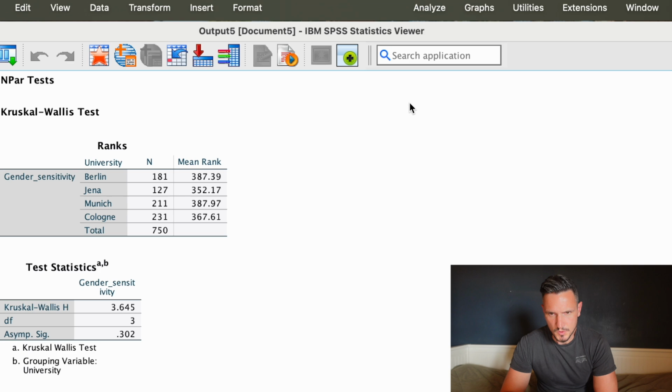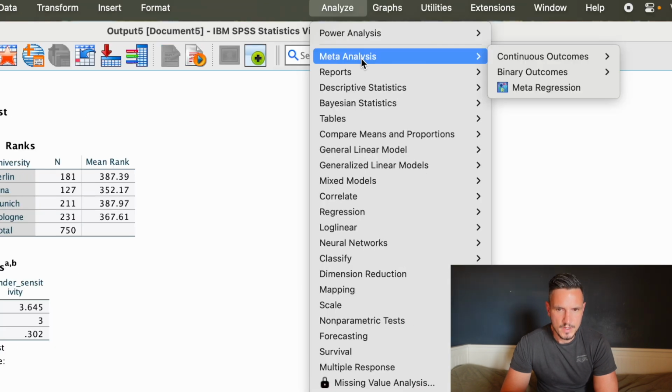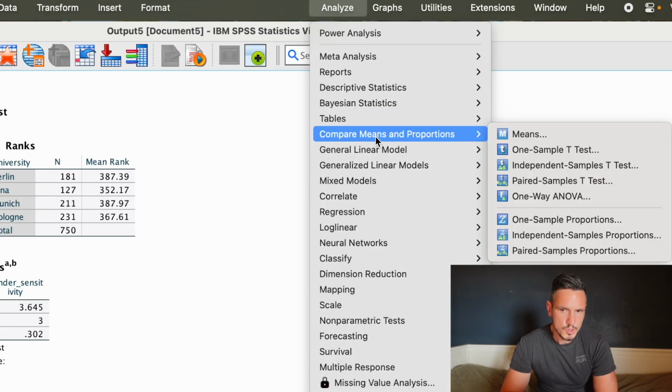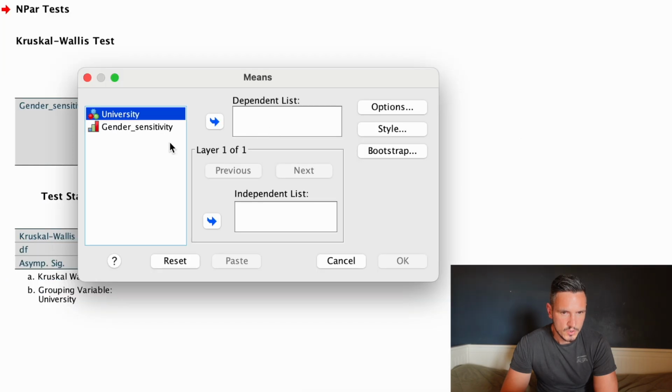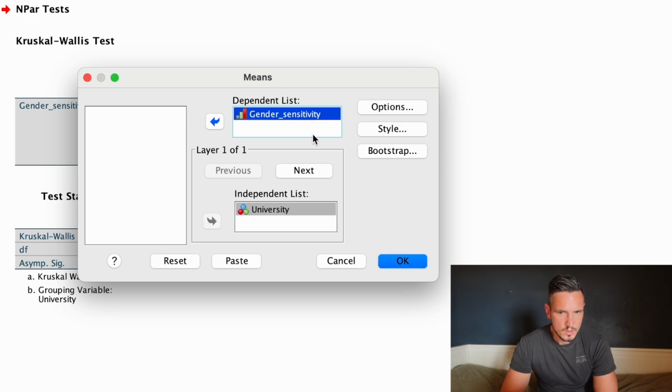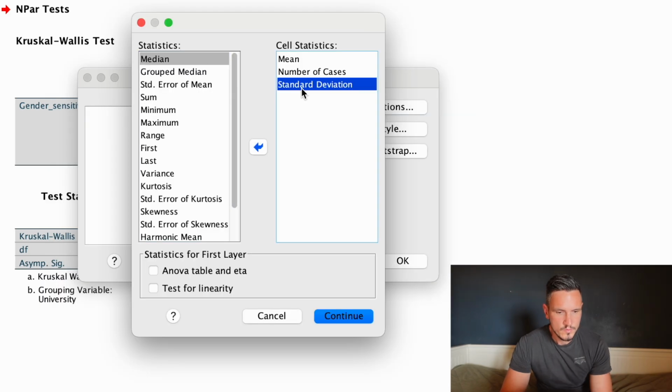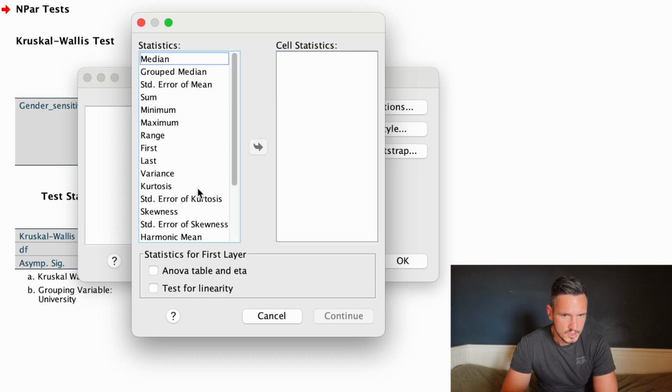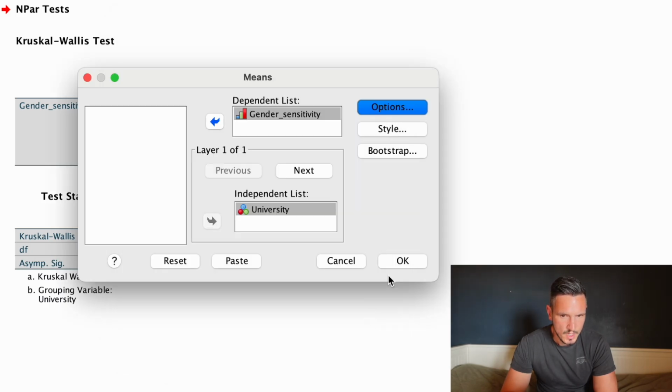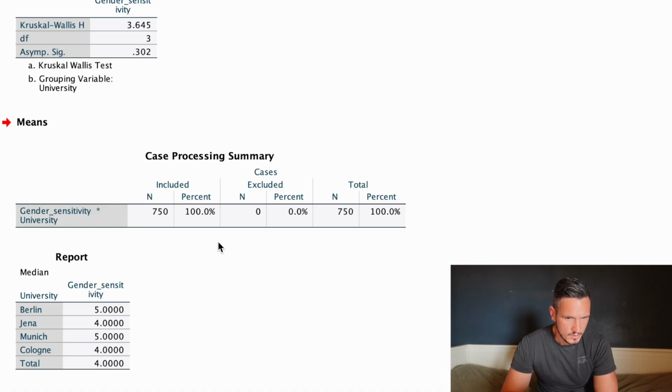So to generate these, we can go up to Analyze and then down to Compare Means and Proportions, then across to Means, and then we can transfer our independent variable to the independent list, and we can transfer our dependent variable to the dependent list. We can go to Options, and we can remove any stats that we don't want from this menu by using this arrow. And let's just transfer a median, which we can find at the top of this menu, over to this box here. Then we can go to Continue and then to OK, and that's going to provide us with